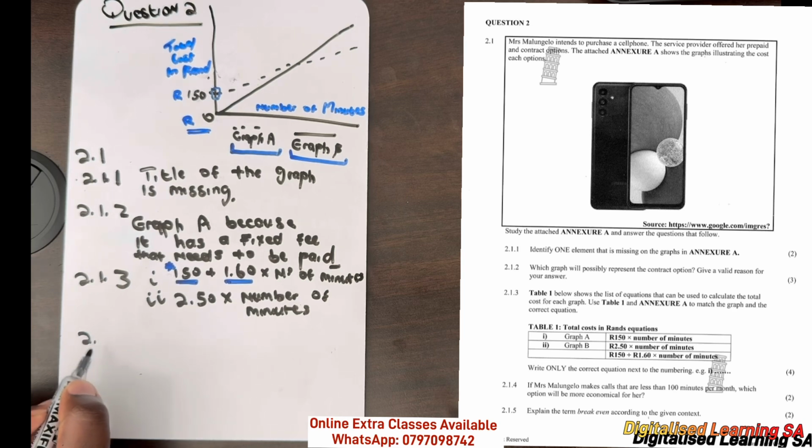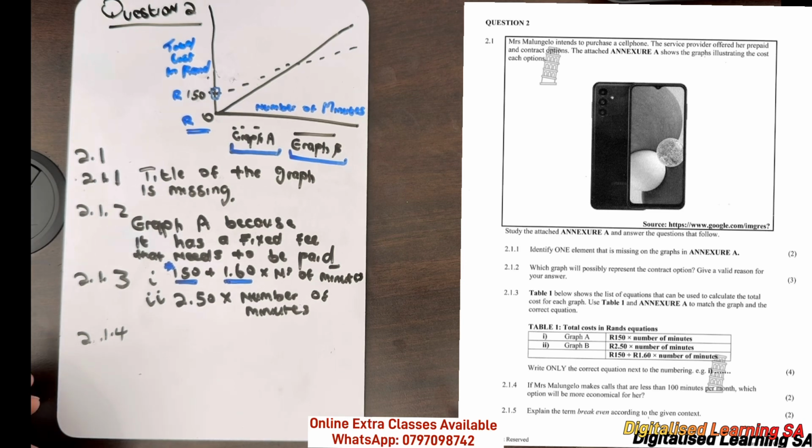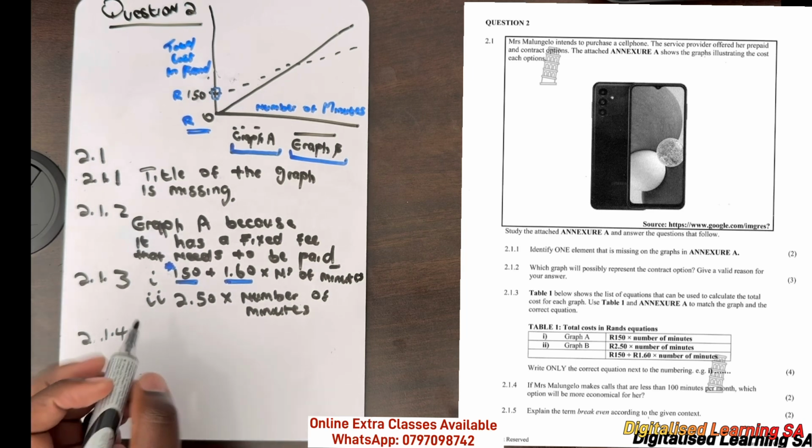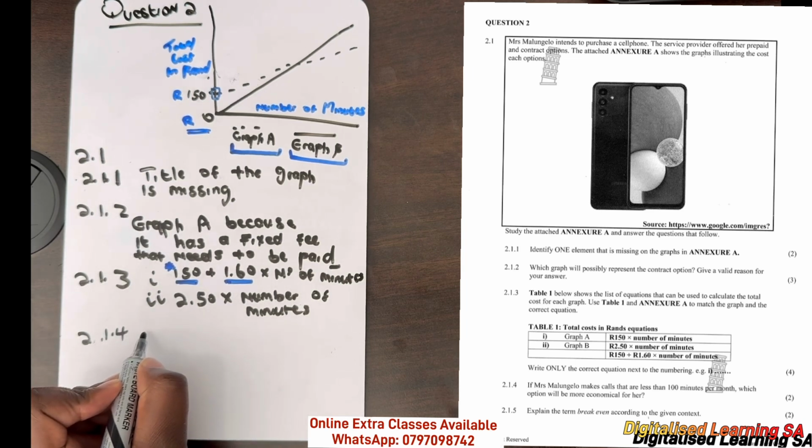Question 2.1.4. Okay, so question 2.1.4 says that if Miss Malungelo makes calls that are less than 100 minutes per month, which option will be more economical for her? By economical, they mean cheaper. If she makes calls that are less than 100 minutes per month, which option will be cheaper for her between option A and option B? So we can easily calculate that. We can start with graph